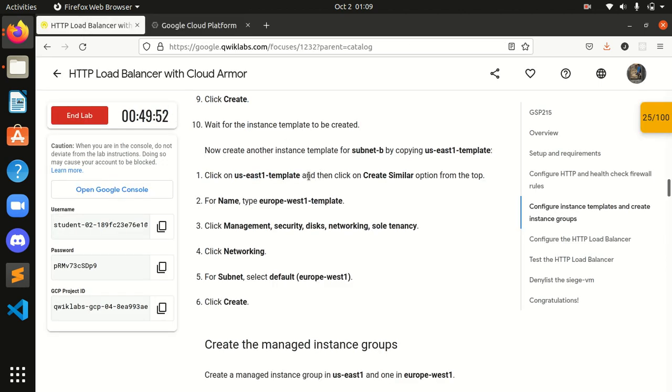Okay, now create another instance template by copying the US East 1 template.